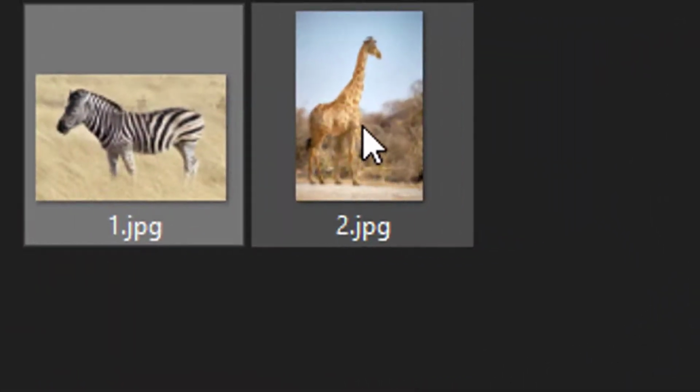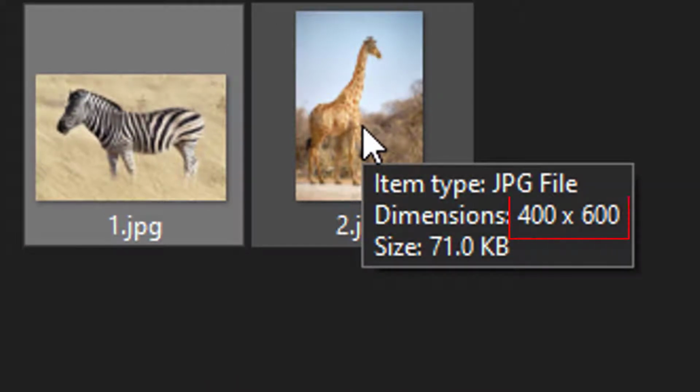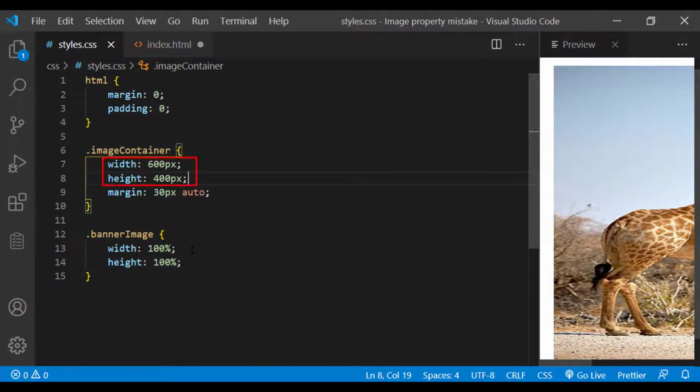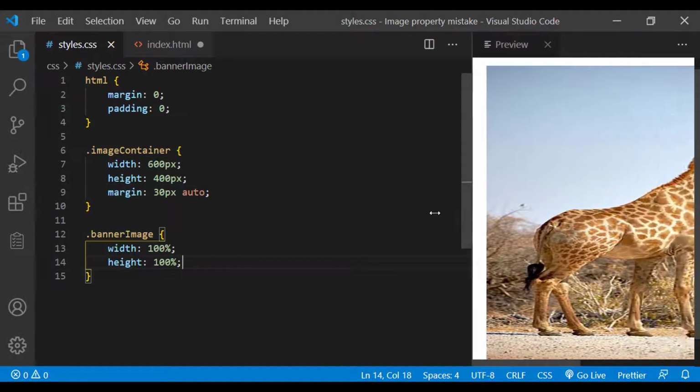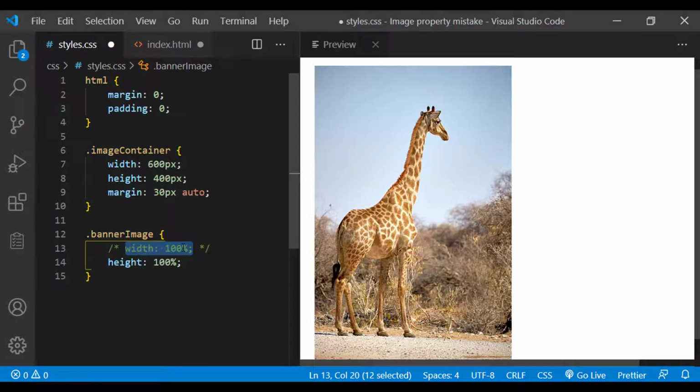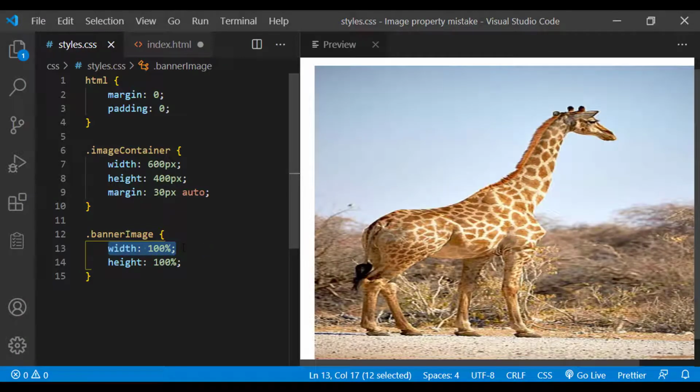But if you see the second image, the actual size is 400 cross 600 and we try to fit that in a 600 cross 400 container and so the width of the image is expanded and height is getting shrunk. That is why the image is distorted. If you remove either width or height, the image will be good again. So please keep in mind, always use either width or height based on your requirement, but not both.